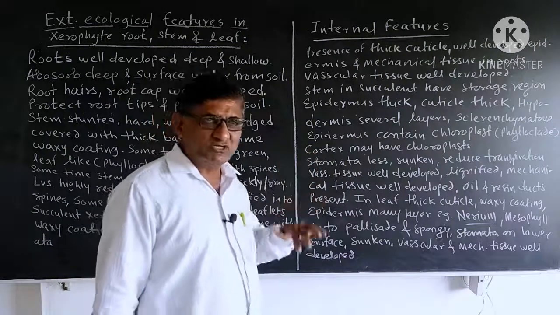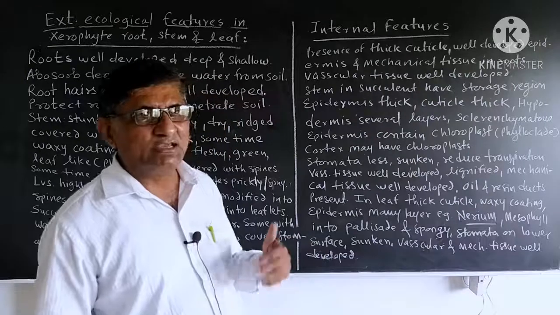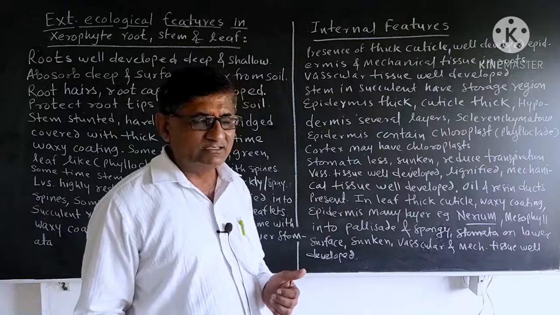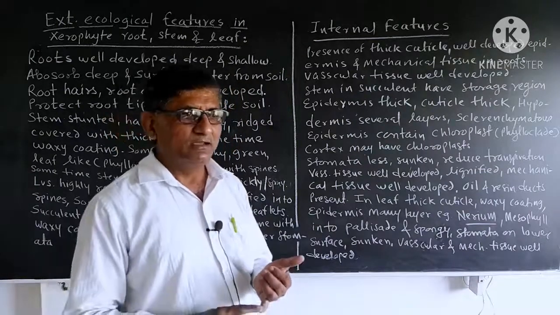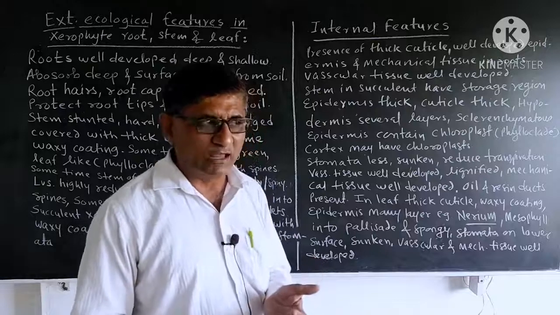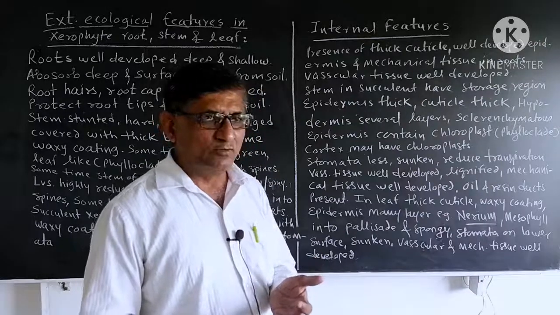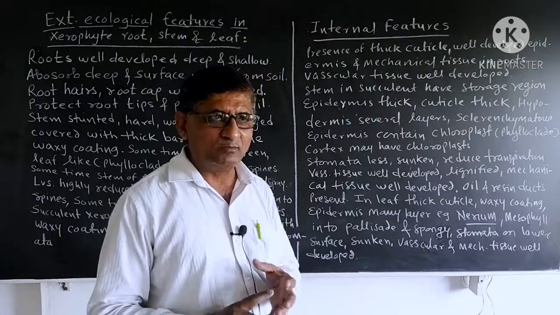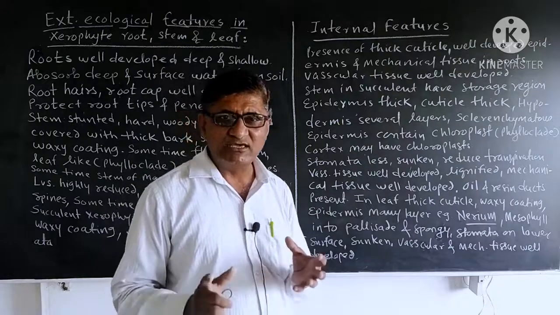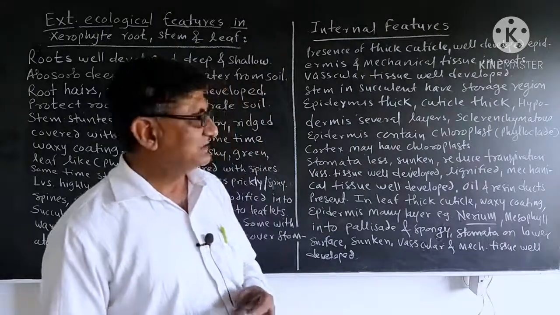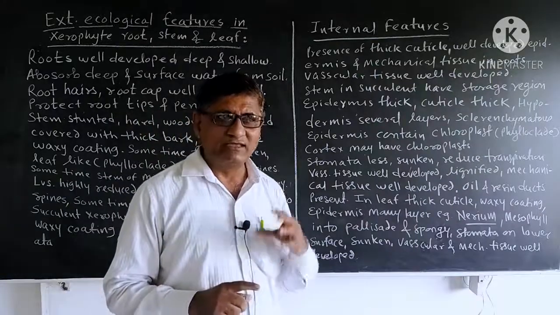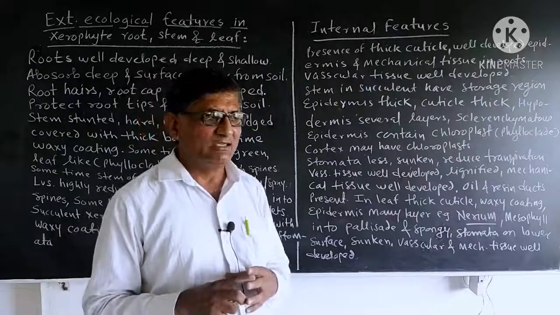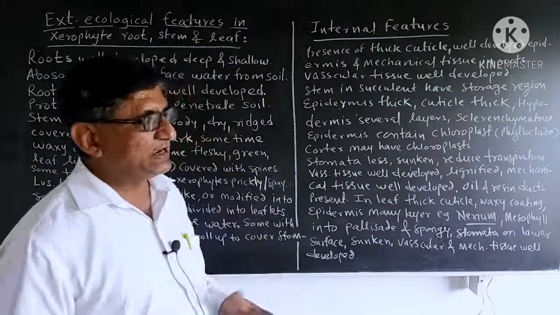These are developed in such a way that xerophytic plants get more benefit from the development of these characters. For example, a waxy coating is there, the epidermis or cortex contains chloroplast, the vascular tissue is well developed, and the stomata are sunken in nature. So all these are modified adaptations for saving water, because the xerophytic plant has to grow in xeric or dry conditions where water is not available in plenty, and that is why they have to survive in that adverse condition.